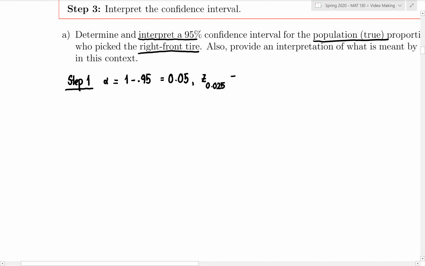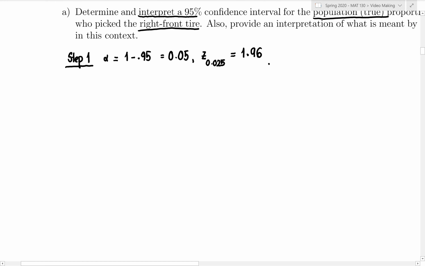And this quantity here is going to equal 1.96. All right, so if you are not confident, I would go back and remind yourself on how to look up z tables to find these values here. All right, so now that we have that, our step 2 is going to be finding the endpoints of the